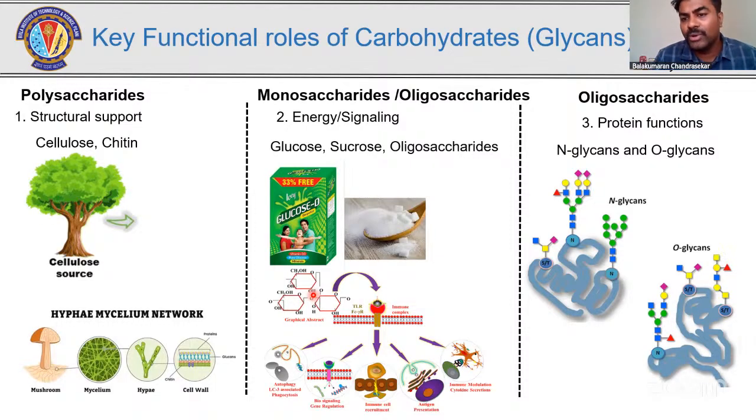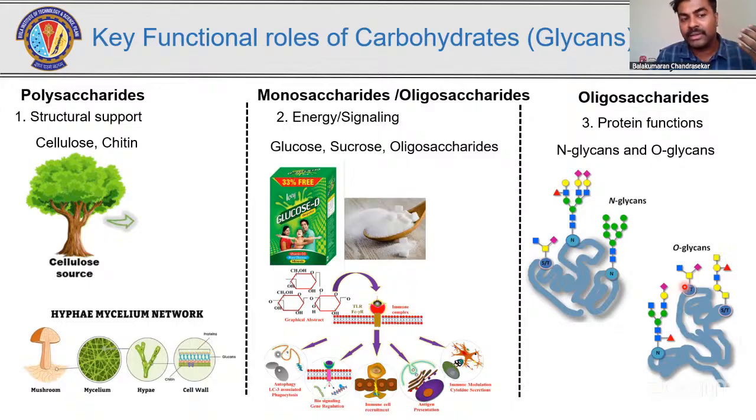Some small oligosaccharides such as N-glycans and O-glycans are attached at particular amino acid residues of a protein. For example, N-glycans are attached to the asparagine residue of a protein, whereas O-glycans are short chains of sugars attached to the serine and threonine residues of a protein. This imparts hugely important functions because they assist a protein in getting folded properly. They assist a protein in getting solubilized correctly in a particular system. They will also assist a protein in getting folded properly. So these are the main key functional roles of a carbohydrate known so far.